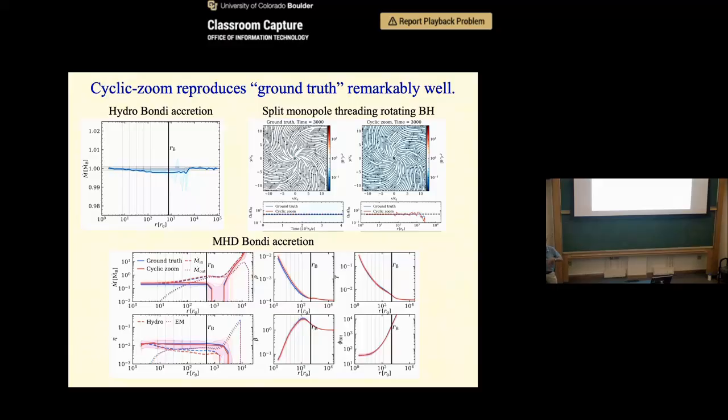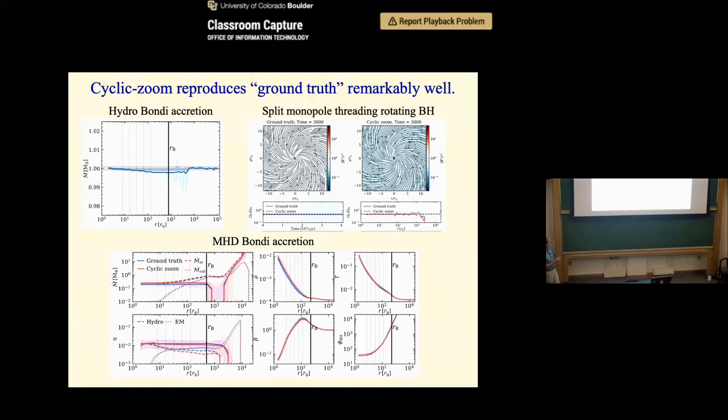It's got this convective, buoyant flows. It's very, very time dependent. So what's the right answer in that case? Well, we don't really know. What we did is we just paid the price of doing a direct simulation with a fine mesh all the way to the horizon. We paid the price, ran that for months to get a reference solution, and then we ran cyclic zoom. In a few days, it reproduced the same solution, again, within 1%,